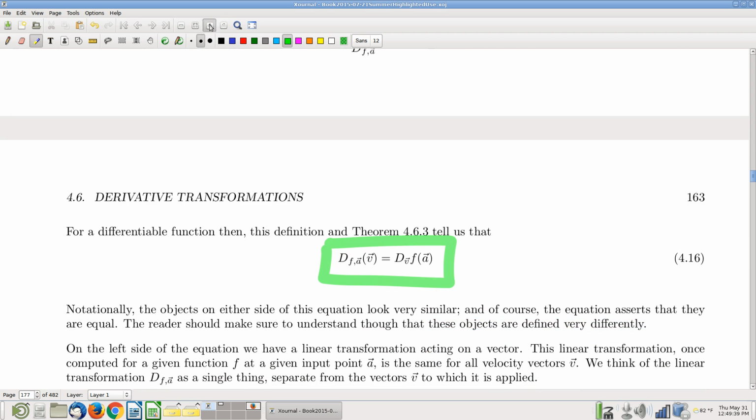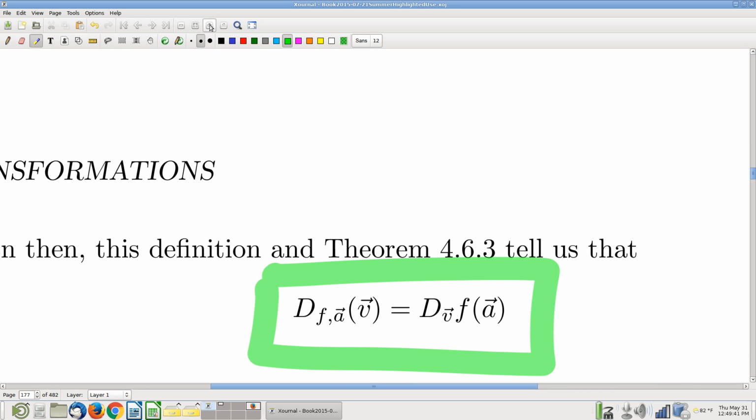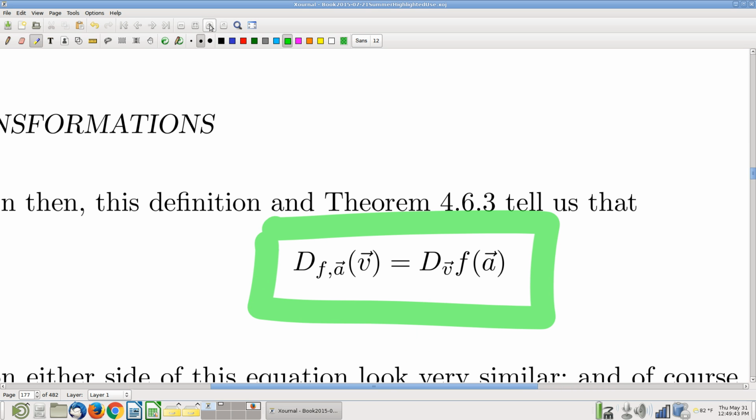Let me go ahead and kick in the zoom. We hold this theorem to be true. Now again, it doesn't look impressive at a glance, does it? Didn't I just kind of jumble the letters around? I see a D, an F, an A, and a V on both sides of the equation. Aren't we talking about the exact same thing? And very, very importantly, no. What this is saying is that